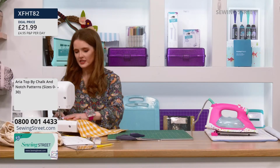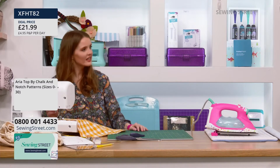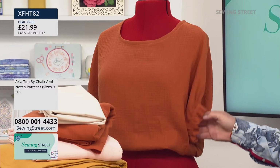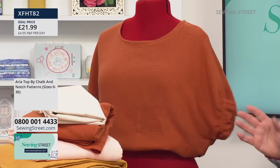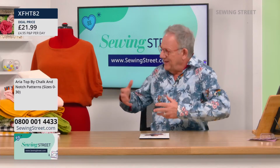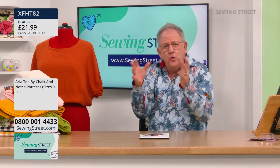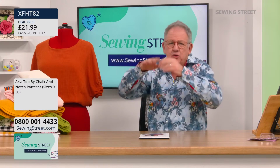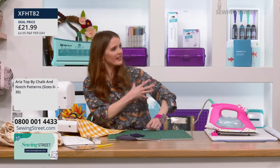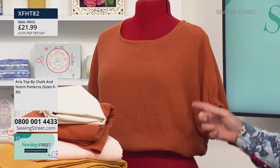I think it's nice. This pattern would drape so differently in different fabrics. Oh, completely. I have to say, I love double gauze, but at the moment, I'd be frightened that it might make me look fat. No, but it has got some volume to it, because it's double gauze. If you did it in the viscose, it would be all drapey. And the gingham would look lovely because it would look sharper. It will really hold the gathers. The sleeves would hold, wouldn't they? I love the double gauze, don't get me wrong, but if you're conscious that you look a bit like that,